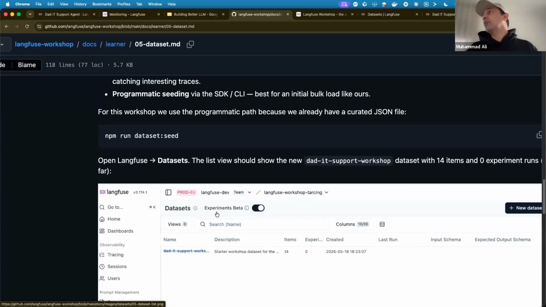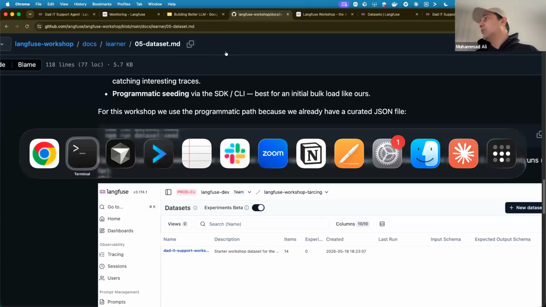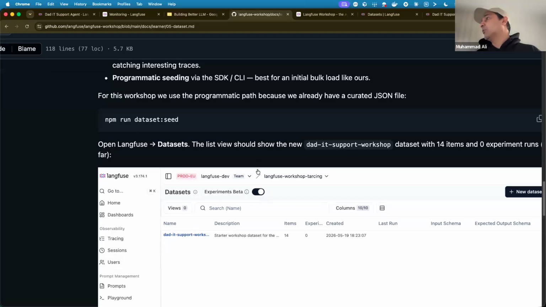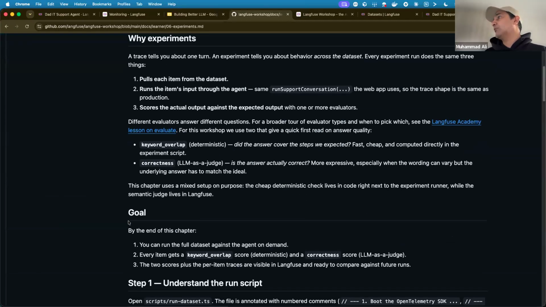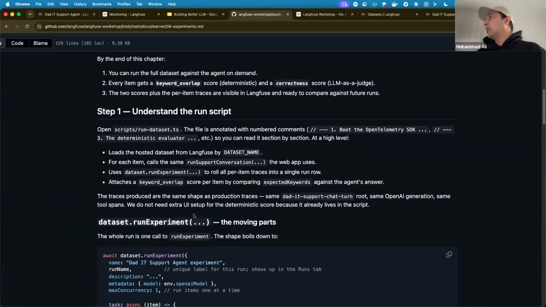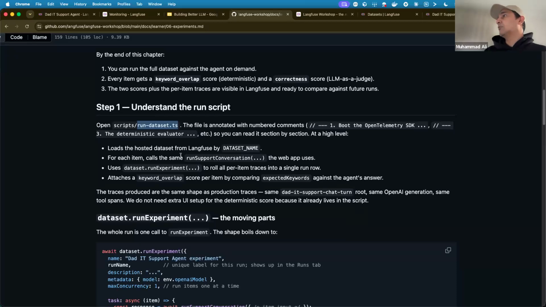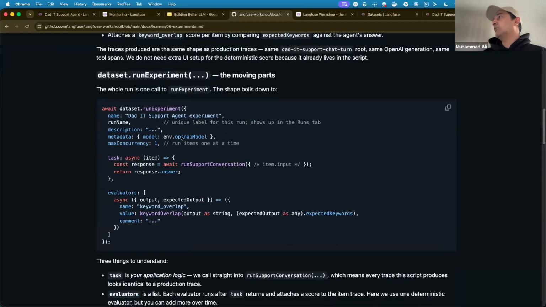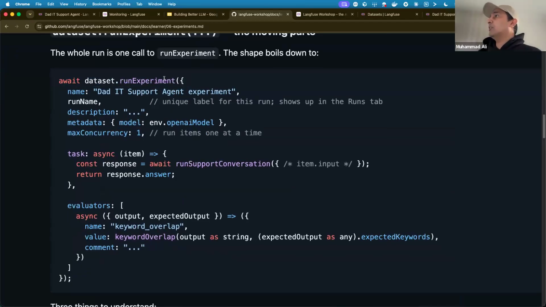and assess them and bring the output out. So there is code in the repository that actually does that. If I go back now to experiments, there is a file called run dataset.ts, and that will actually run the experiments. And this is a method that is like a test harness. What does it take? Its name. What is the experiment name?